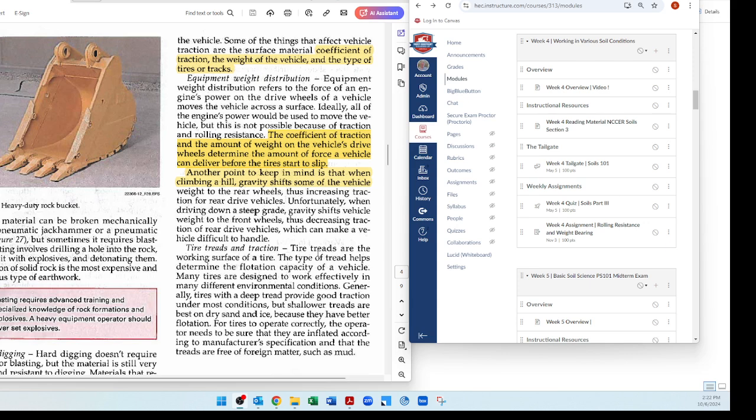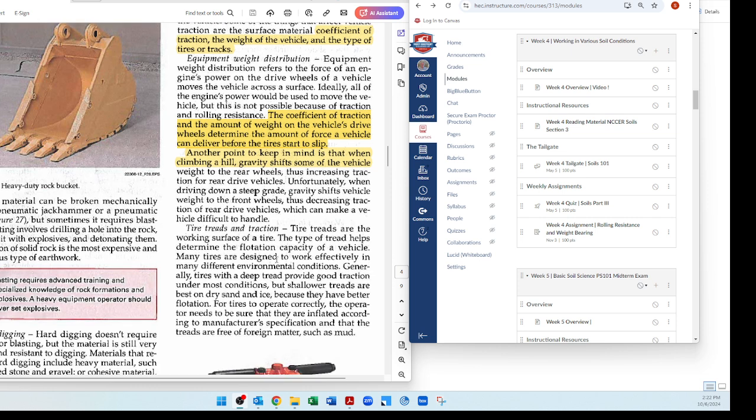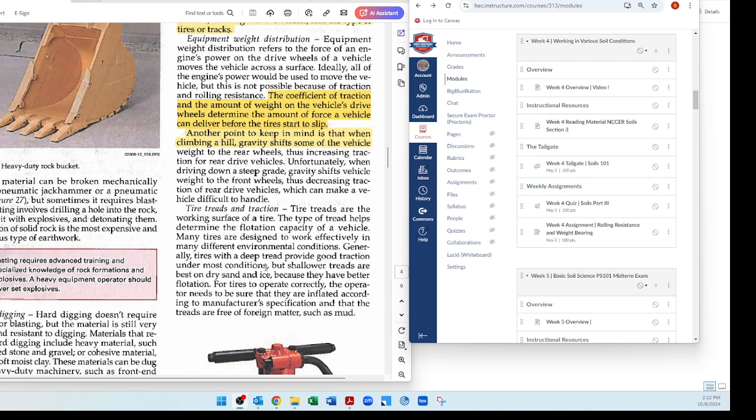Tire treads and traction. Tire treads are the working surface of a tire. The type of tread helps determine the flotation capacity of the vehicle. Many tires are designed to work effectively in many different environmental conditions. Generally, tires with a deep tread provide good traction under most conditions, but shallower treads are best on dry sand and ice because of surface contact, because they have better flotation. They keep you above. For tires to operate correctly, the operator needs to be sure that they're inflated according to